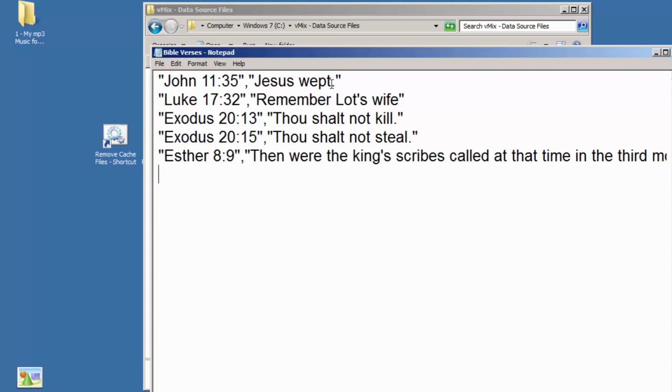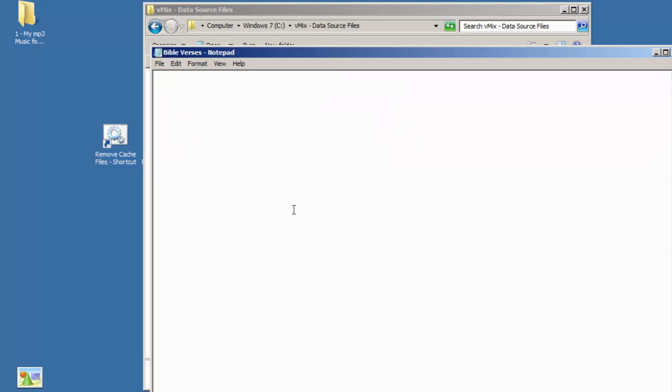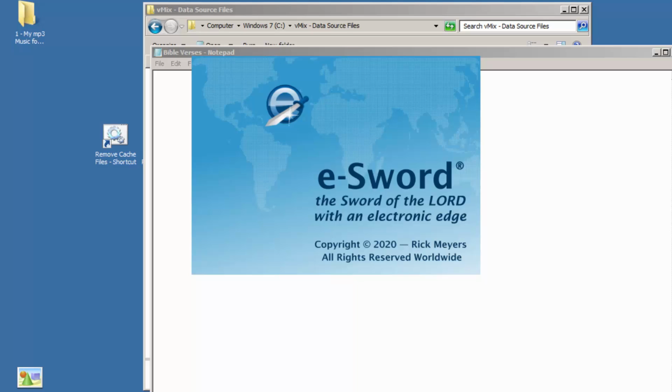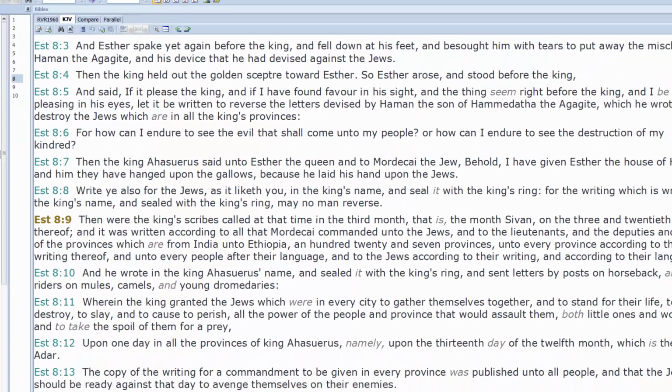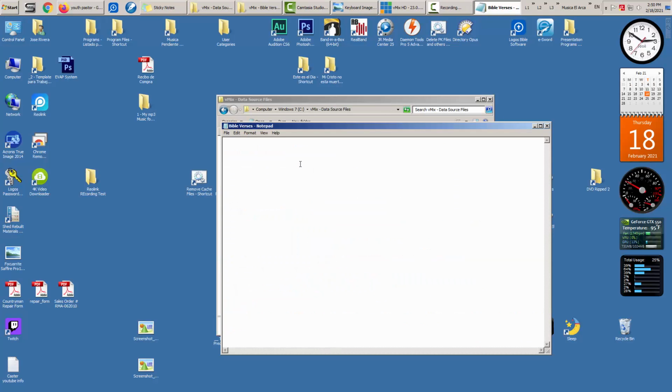Remember, these Bible verses are from the previous Sunday. So we are going to do a new service, a new preaching with new Bible verses. I select all of them with Control A, then I delete them. Then, according to my outline, I go back to the eSword Bible software and start copying the new Bible verses for the new preaching, and I paste them here the same way. For example,